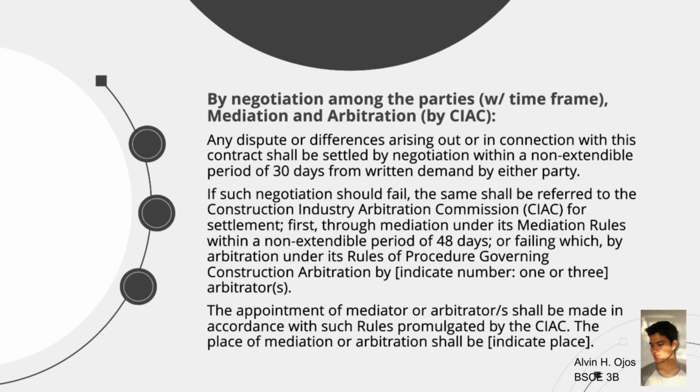By negotiation among the parties with time frame, mediation and arbitration by CIAC. Any dispute or differences arising out or in connection with this contract shall be settled by negotiation within a non-extendable period of 30 days from written demand by either party. If such negotiation should fail, the same shall be referred to the Construction Industry Arbitration Commission for settlement, first through